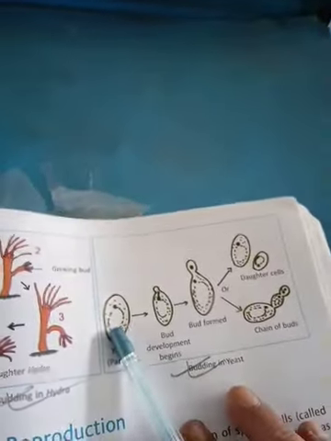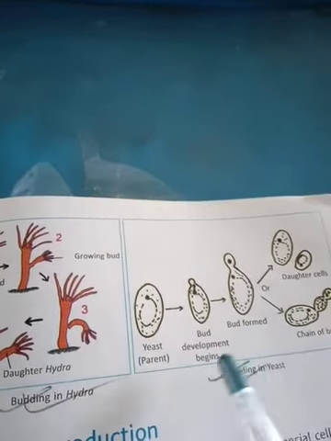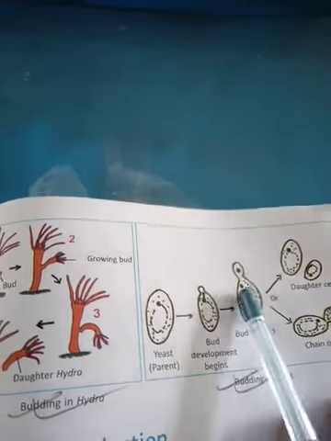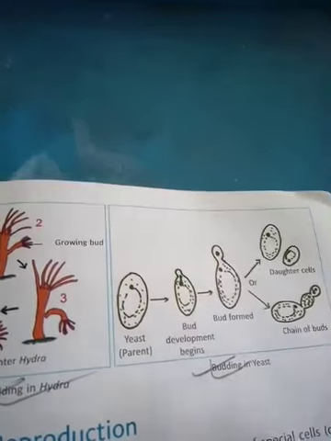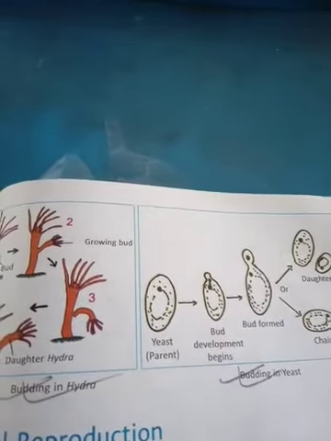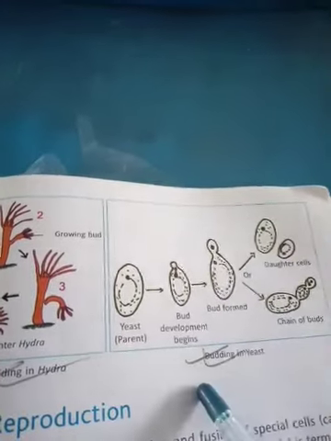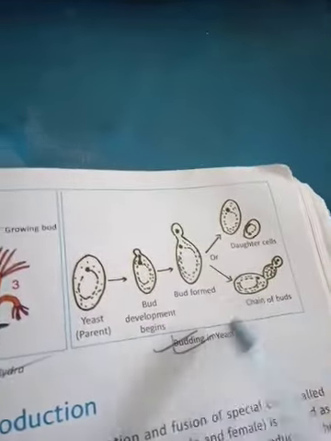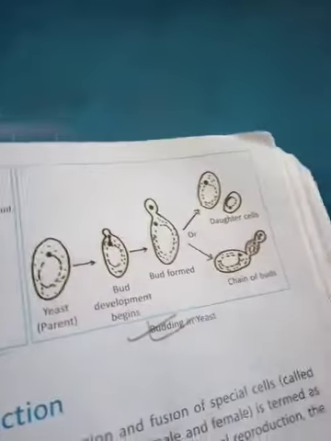ठीक है? Similarly, in case of yeast, this is a single cell. A small protuberance or bud is coming out. लेकिन protuberance निकलने के पहले क्या हो जाएगा? न्यूक्लियस पहले डिवाइड करता है, है ना? The nucleus gets divided into two parts. देखो टू पार्ट्स अलग हो गया, उसके बाद the bud will get detached. Without nucleus, no detachment. Before making a new cell, the nucleus is transferred to it. So daughter cells will also have a nucleus and cytoplasm. Then they will grow and also produce buds. So a chain system will take place.